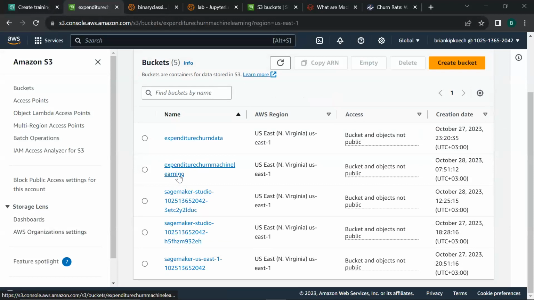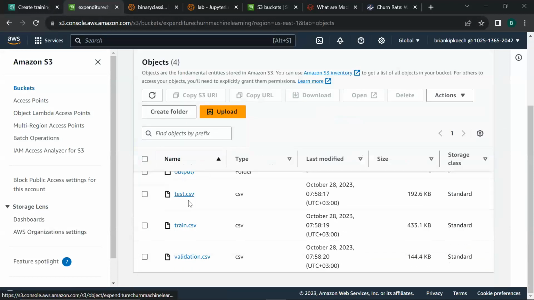I click on it. I already have the training data, the test data, and the validation data. So I'm going to load the training data to train our model and the validation data to validate our model. And then we will use the test data set to check how our model performs on unseen data.